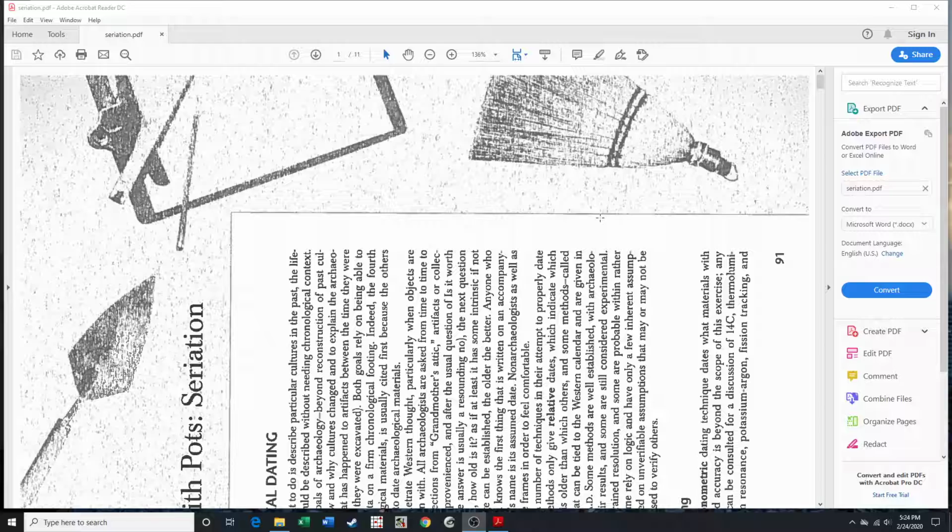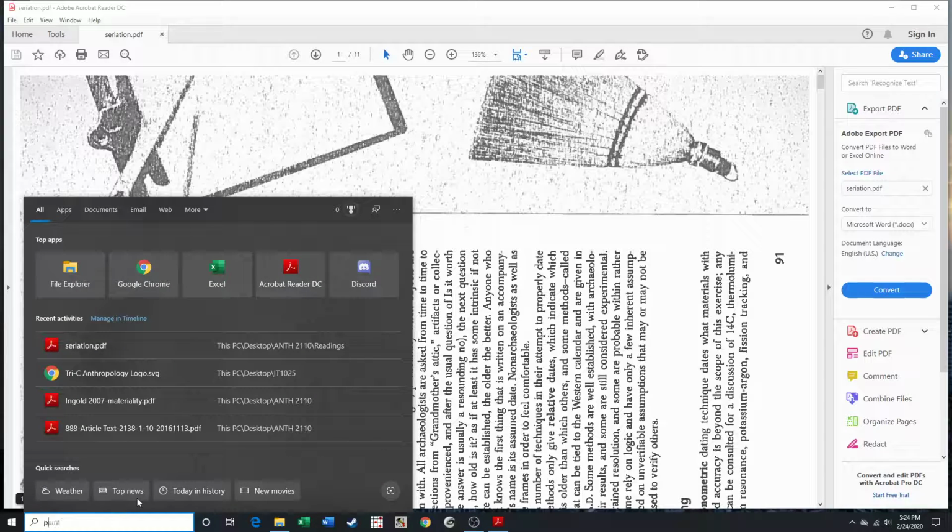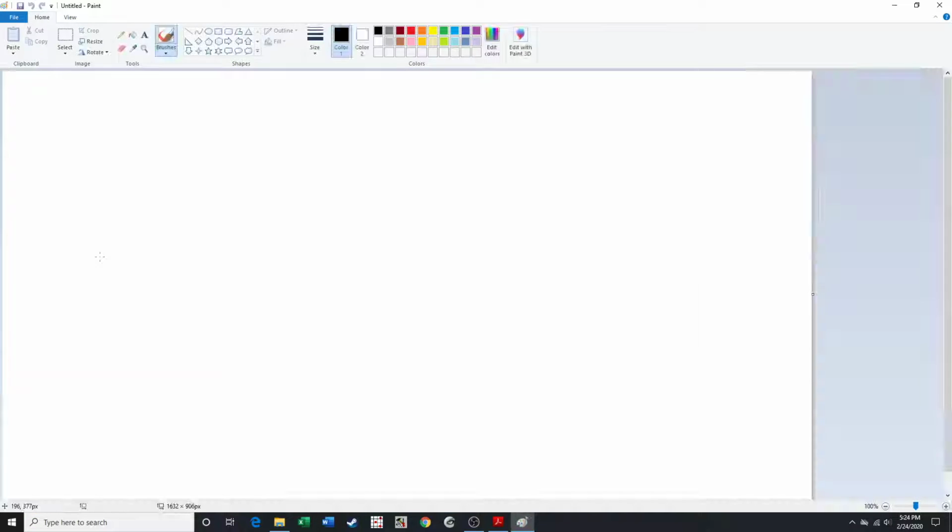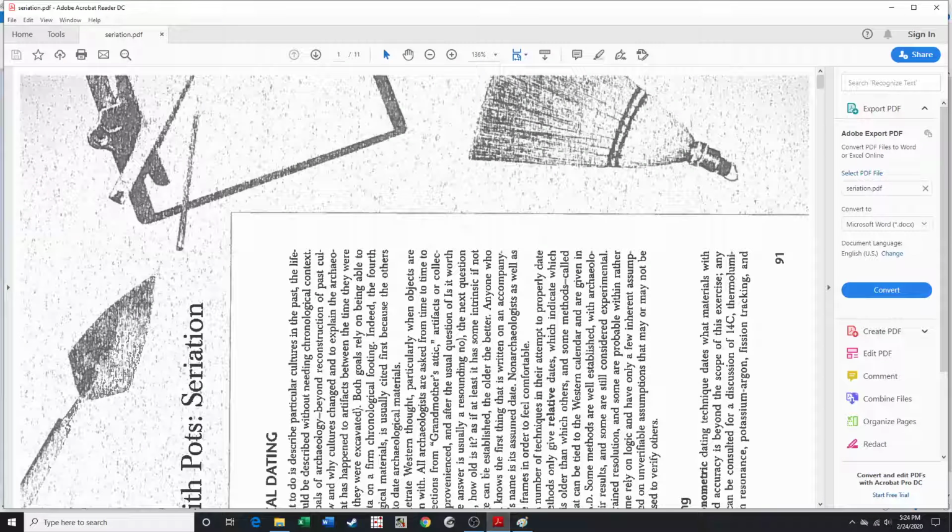But if you don't have Adobe Acrobat or you can't get access to it, the other option might be to use, if we go down here to Paint, Microsoft Paint, which we can see here. So first things first, we want to go back to our